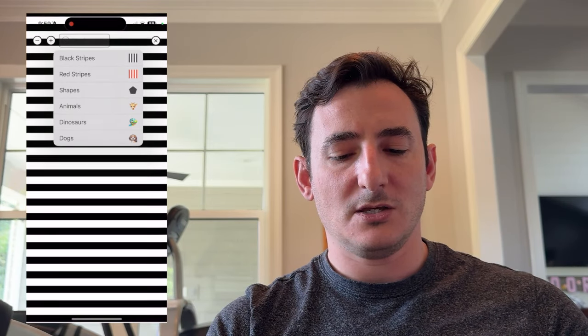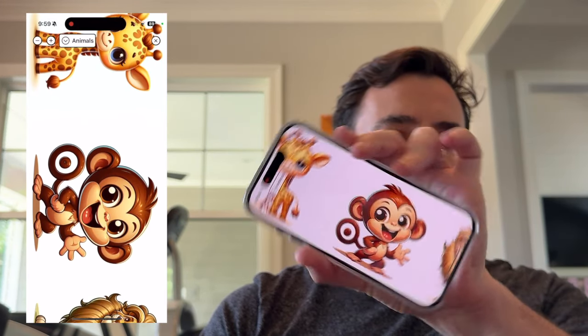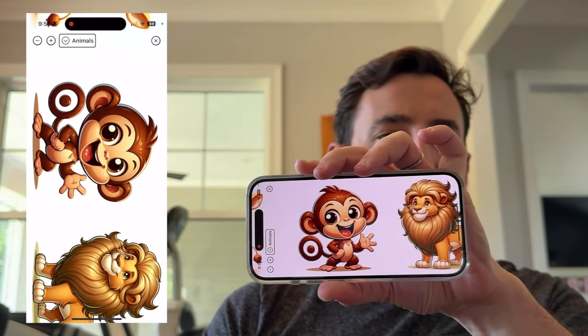Where it says black stripes, again, you see the down caret indicating various menu options. So I'll tap that, and you can see there's multiple different modes. So you can switch to red stripes, and you can switch to shapes for kids, or cartoons. So here's your animal mode, which just shows various cartoons. And what's nice too is, I'll show you on my screen here, if you rotate it, the cartoons will rotate to the correct orientation. So it's very easy to show a patient and test for any induced